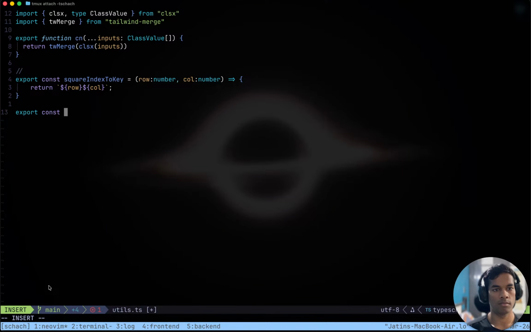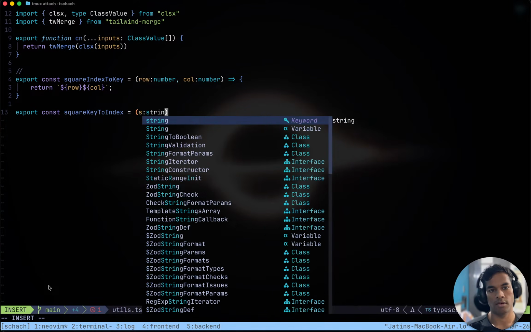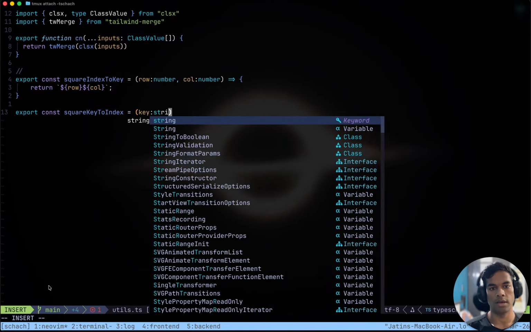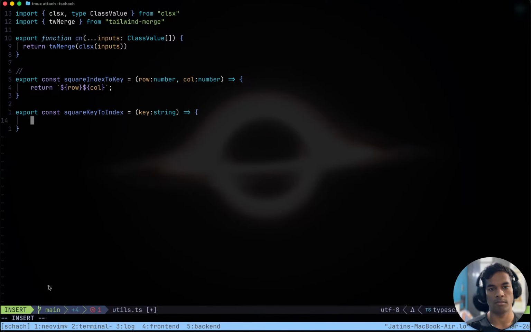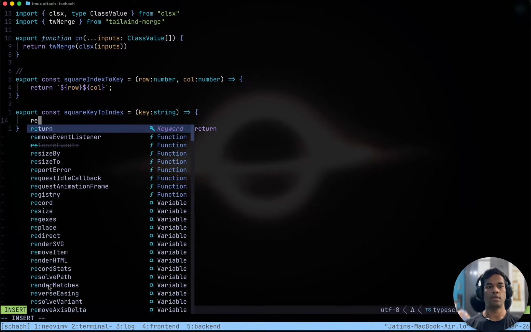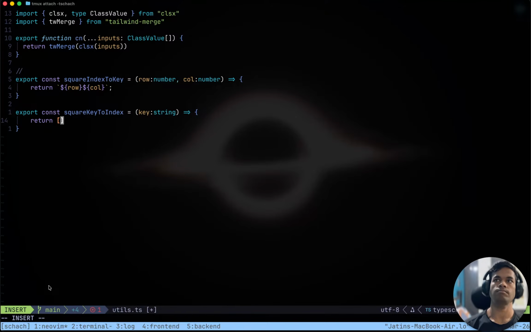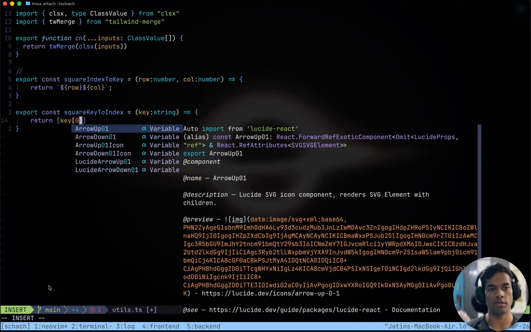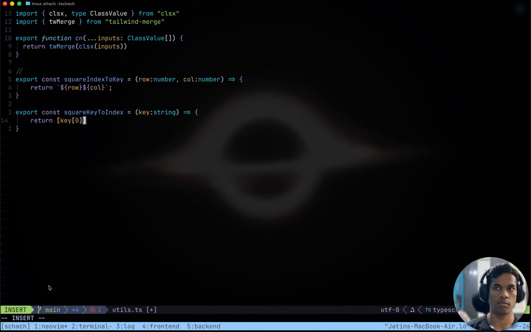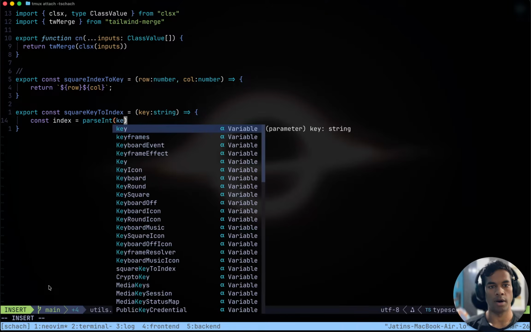Const square key to index, this takes in a key string and returns key 0, parse number, index equals parse int the key.